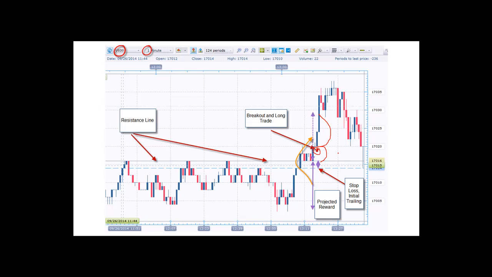Don't forget, we're going to see a lot more of these examples as we go forward, not just in this lecture, but future ones. So you'll get used to it. And that's it. Bang, breakout. And it could be a 1-minute chart, as you can see here, or it could be a 1-day chart, and you place the trade, and that's it. It's that simple, but you will start seeing more of these as you do them. So look at this chart, focus on it, and you'll see a template, which is what this is, of how we're going to show more of these kinds of trades and do these kinds of